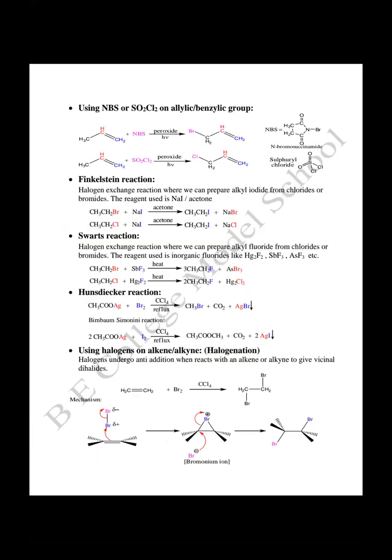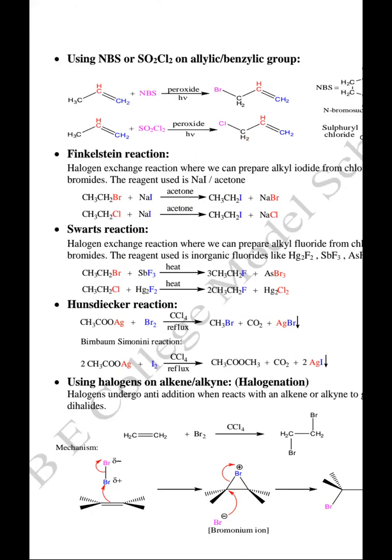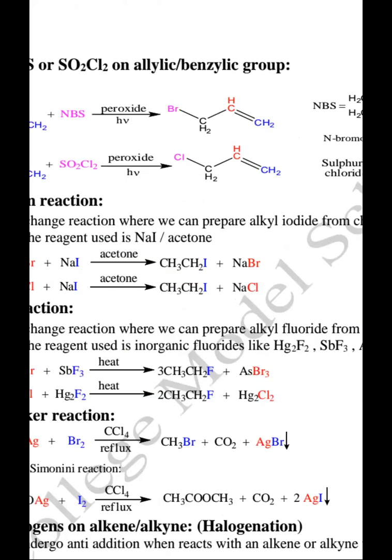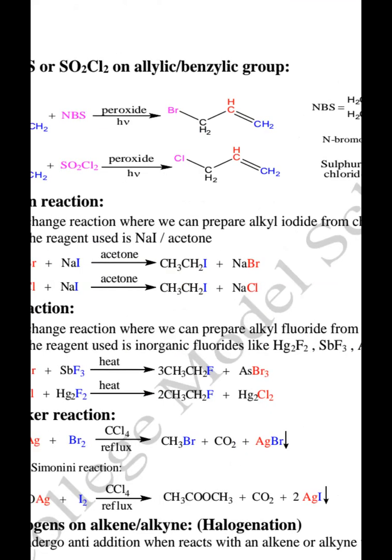Now the next reaction that we are going to discuss is allylic halogenation. We use two reagents here, NBS or SO2Cl2. If we have to insert an allylic bromine, we use NBS, that is N-bromosuccinimide. If we have to insert an allylic chloride, then we use sulfuryl chloride, or SO2Cl2. See the product side, the important thing is that the double bond is intact. There is no change to the double bond, and the halogens have all attached themselves to the allylic carbon.